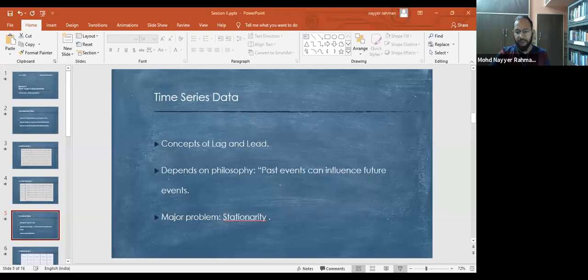The time series data is actually a very powerful data. Why powerful? Because time is very important. Recently, Elsevier has come up with a call for papers on time as a constraint in doing research, on what role time plays. If I am able to find it, I will share it with you. I am writing for that. So time is a very important constraint, not just in our lives, but in analysis.